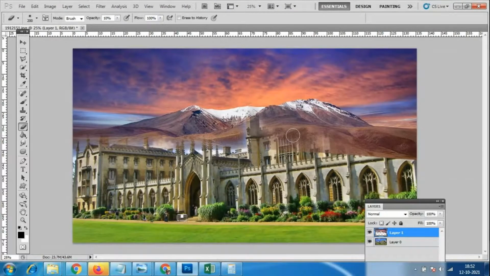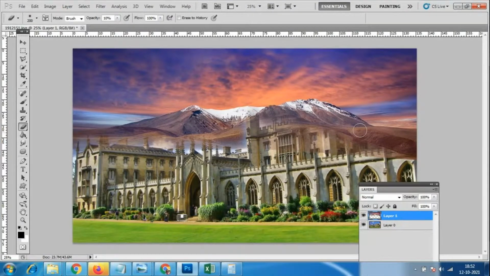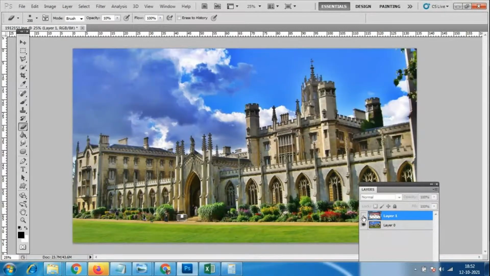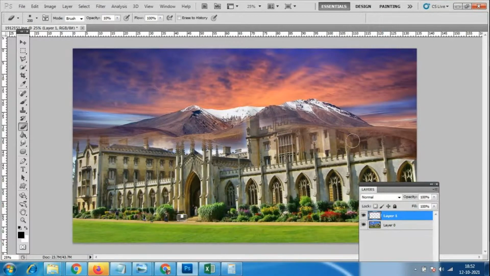Otherwise, you can use the polygonal lasso tool and we can do the changes. Look here, the hills will be in the back side and I'm just erasing. I'm selecting this layer, that background layer. However much we want, only that much we select and erase, which will be in the back side. So the hill will be there, and this is with the background. Slowly, two different colors of hills will be there, so that also you can see.